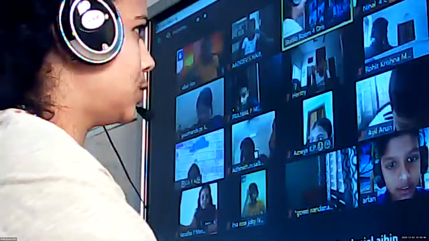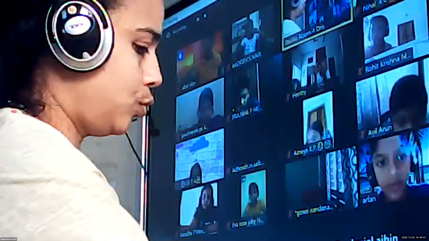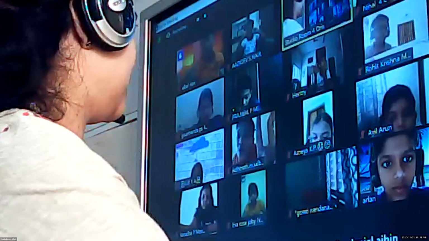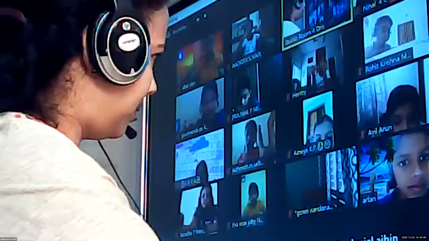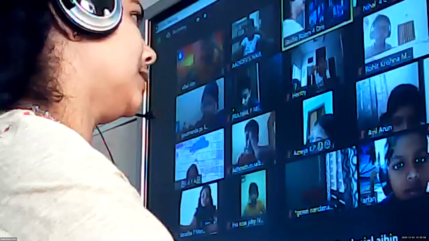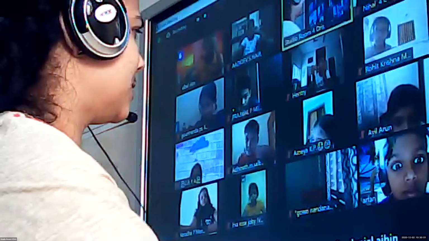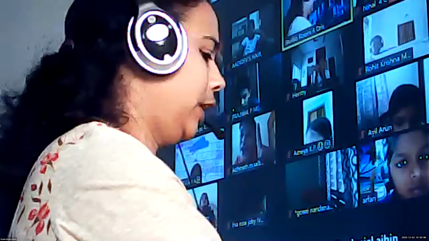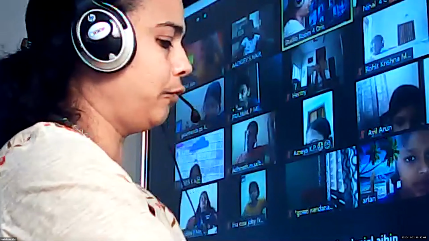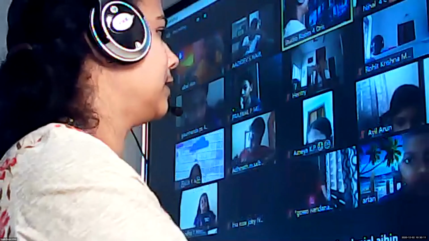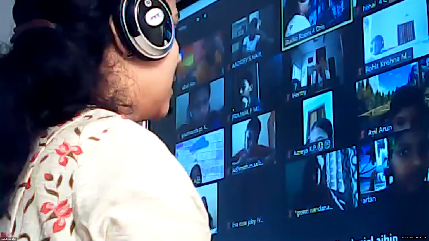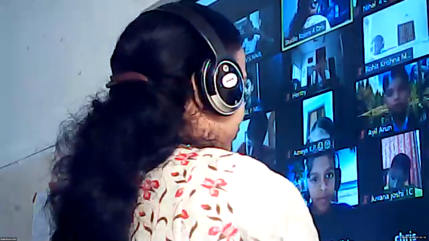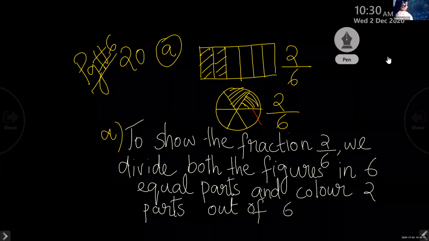1 into 2 is 2. 4 into 2 is 8. So equally, children, looking at the fraction itself, you can understand they are equal. That means Sunita increased her height equally in January and February. She increased her height by the same amount. Okay, children. So we will draw a fraction bar and we will do that. Children, I will send the notes.